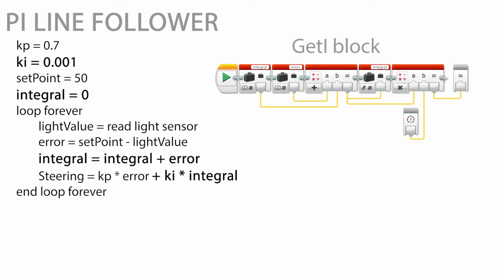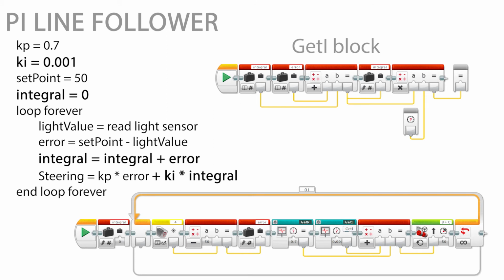To simplify the LEGO Mindstorms programming language code, we move the integral steering value calculation code to a separate block named getI. In the block getI, the error is accumulated in the variable named integral. Then, the integral variable is multiplied by the input parameter and the resulting value is returned. The proportional integral line follower program calculates the steering value by summing the returned values from the blocks getP and